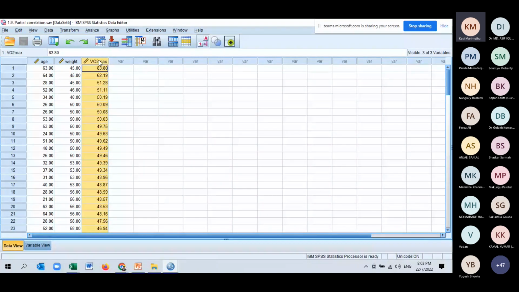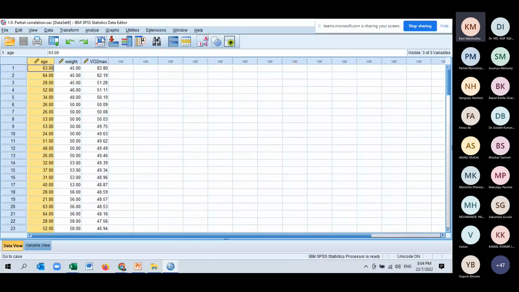Whether this weight and VO2 max are influenced by age. Age influences the relationship between these two. We are going to run partial correlation. So assume that all the variables satisfy the normality assumption. The data is eligible to go for partial correlation,